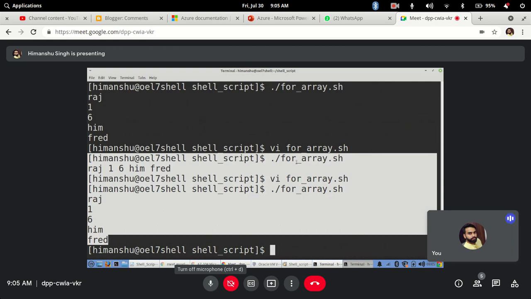Got it? So when I put double quotes, what it did, it first printed that output and then it displayed in the for loop. It will first process that, because double quotes are used for interpreting that particular value, and then it will start processing it. Whereas without double quotes, it was doing the same processing element by element. Got it? So this is how your array will work.